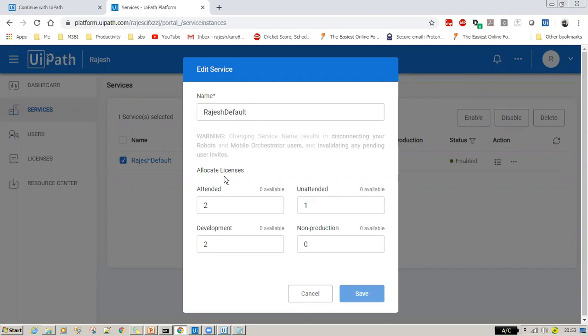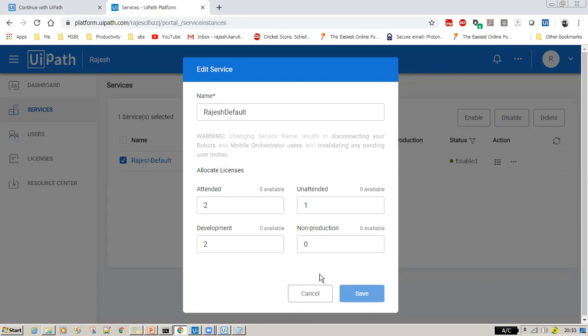In the allocate licensing section, put attended as 2, unattended as 1, and development as 2. Attended as 2 means the number of licenses you would like to obtain when connecting to Orchestrator for this particular service: 2 attended, 1 unattended, and 2 development.